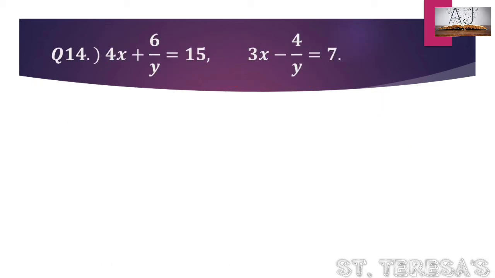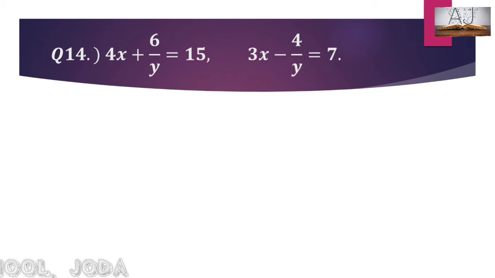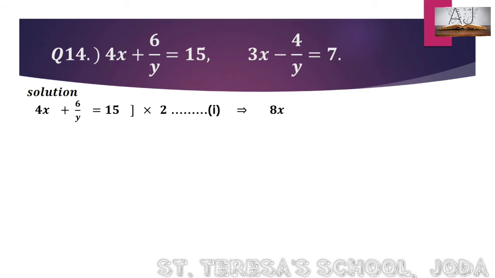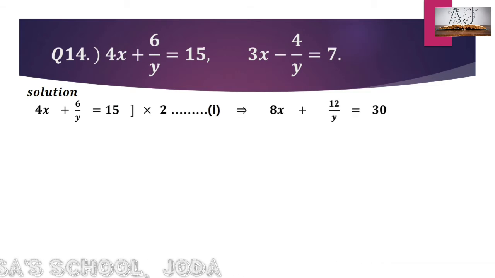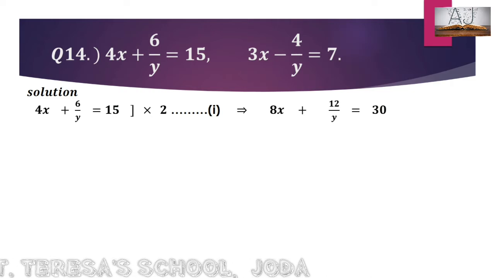Now we'll see question number 14. It looks a little different, but actually it's not so. 4x plus 6 by y is equal to 15 and 3x minus 4 by y is equal to 7. So we'll make both the equations equal. In the same way, we'll write both the equations one below the other, and we'll try to make here y